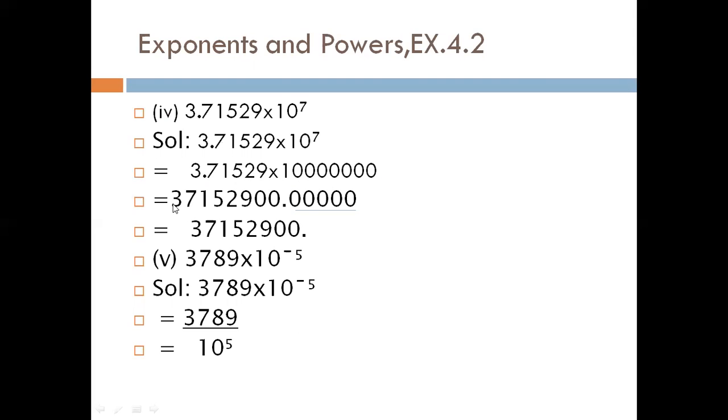Write the product first: 371,529 and 0.000000708. Here the decimal has 5 digits before it, so even in the product you keep the decimal 5 digits before. It means 1, 2, 3, 4, 5. Keep the decimal. Now cancel all these zeros, they have no value. Then the answer is